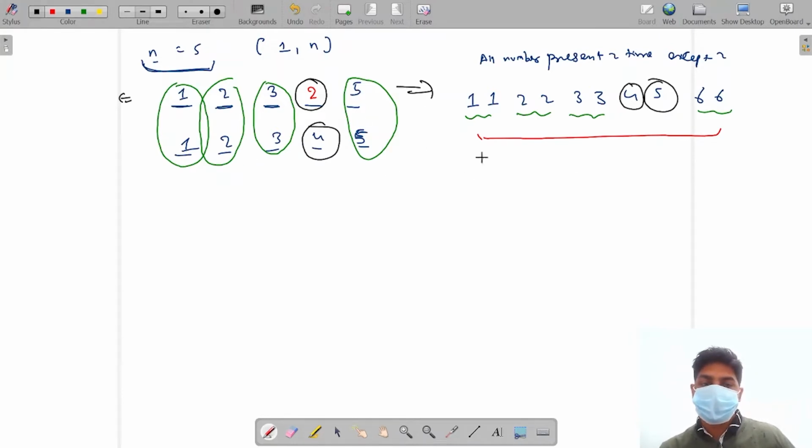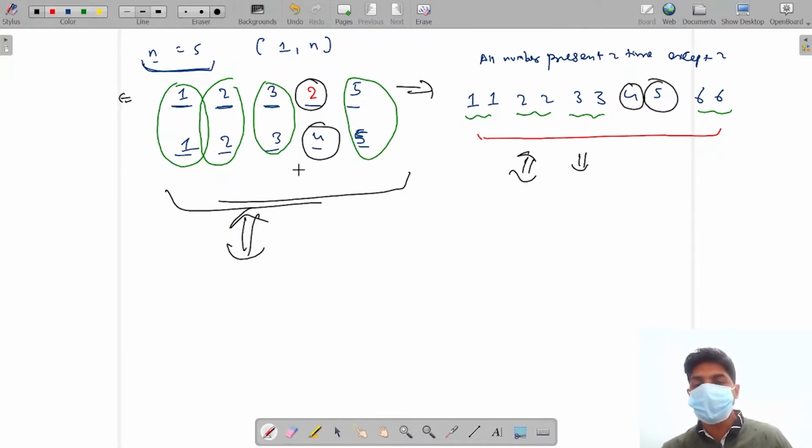Now can we apply the same logic which we applied in solving that problem to solve this problem? Yes, we can do that. We will apply the same logic and we will be able to find what these two numbers are. That is, one number we will get as 2 and one number we will get as 4, and we will be able to find which one is the missing number and which one is the repeating number. Okay, so this is what we are going to do.